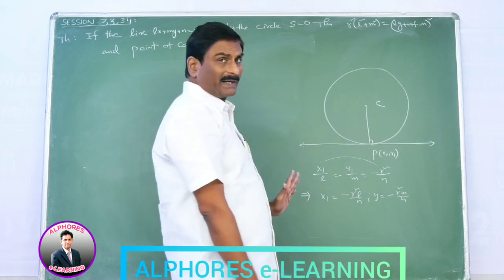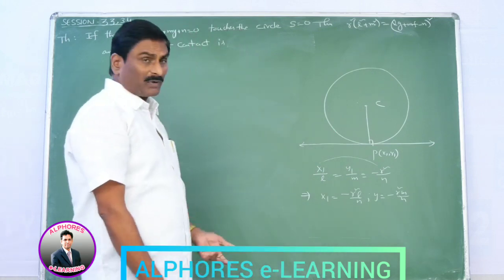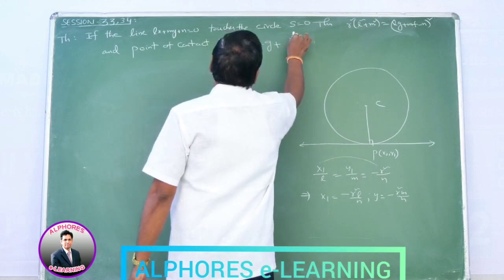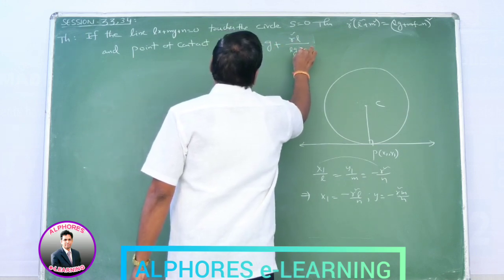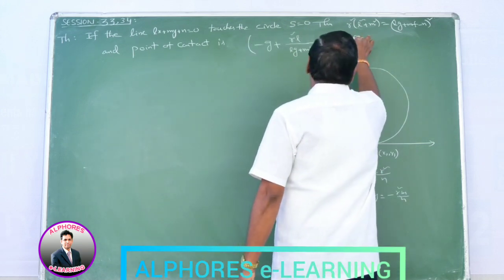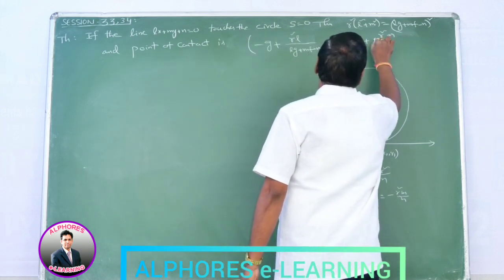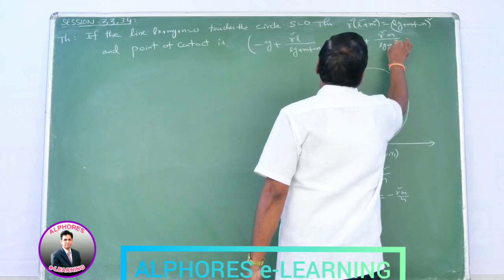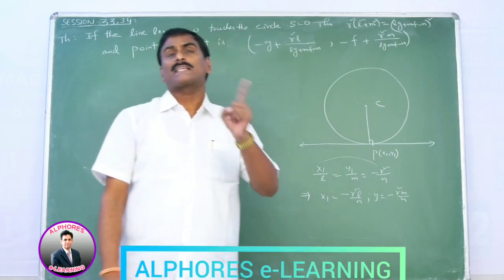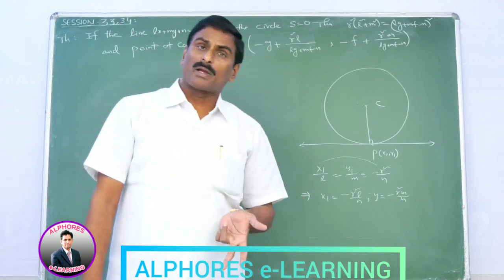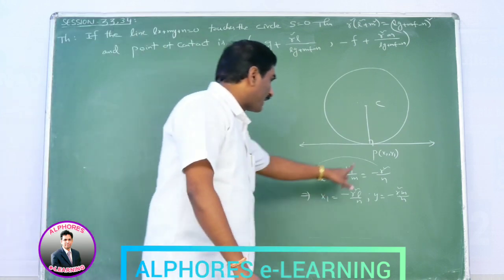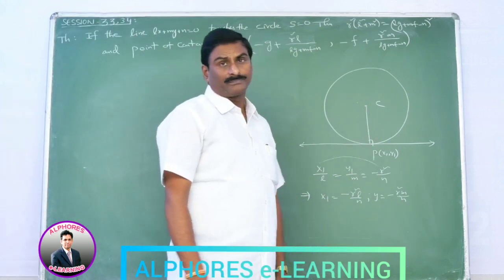You find the foot of the perpendicular, or by using the direct formula, the point of contact is (-g + r²L/(Lg + Mf - N), -f + r²M/(Lg + Mf - N)). Foot of the perpendicular means (h - x1)/a = (k - y1)/b = -(ax1 + by1 + c)/(a² + b²). By using that, we find the foot of the perpendicular (h, k).